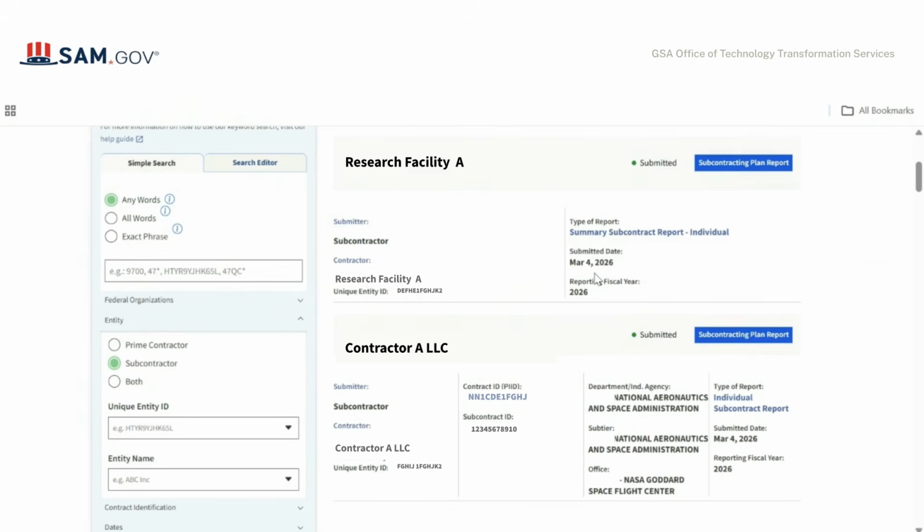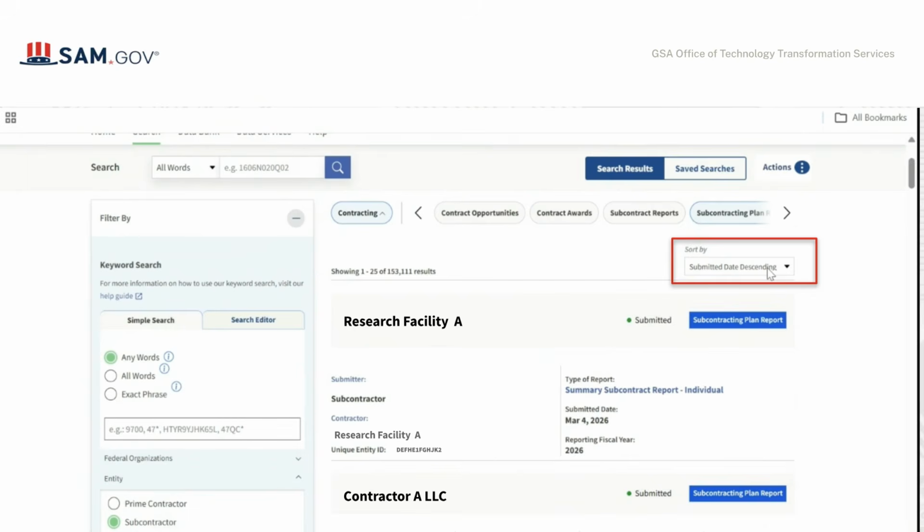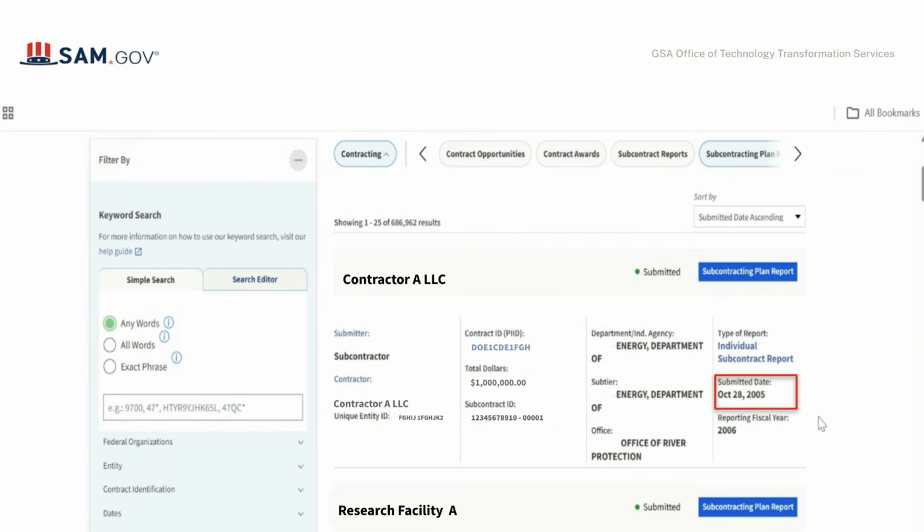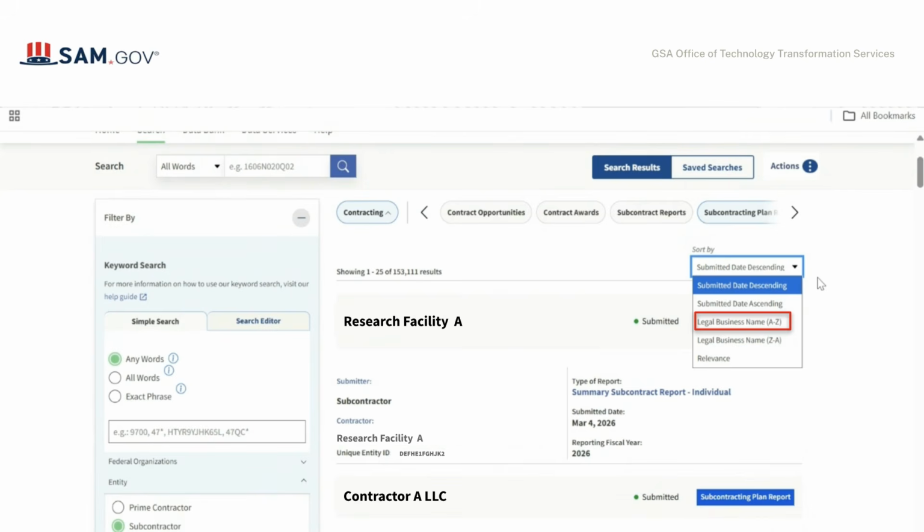And then I would introduce you to the sort by feature. So by default, the submitter date descending option is applied. And then we are also offering the submitter date ascending option. So clicking on that will give us all the older reports first. So all the older reports will be displayed first, with the submitter date of October 28th, 2005, then the newer reports. And then we are also offering legal business name A to Z, legal business name Z to A, and then